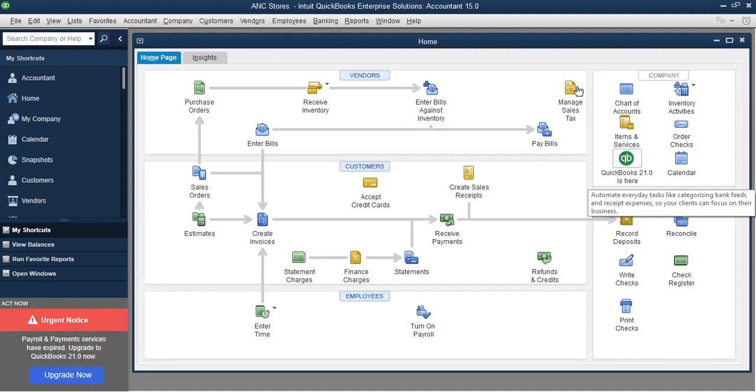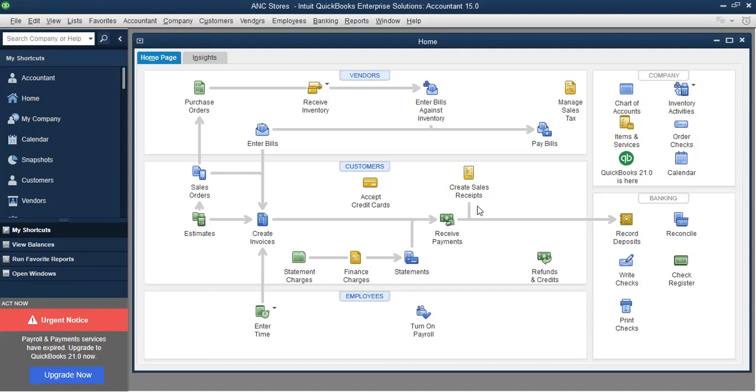So I'm actually opening the other software. That was the other software as well.